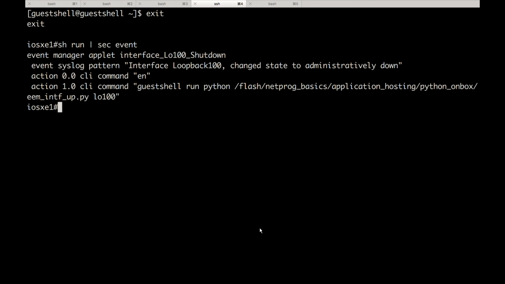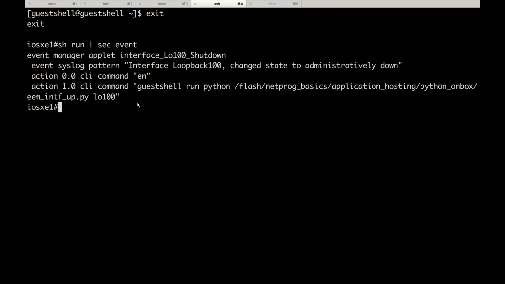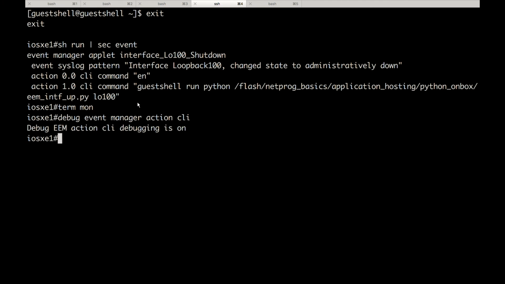So in here we can see that same applet configuration we looked at. Our pattern we're looking for is interface loopback 100 going down. Then we will go ahead and run, using guest shell, our Python script that will bring that interface back up. Now with that ready to go, let's go ahead and turn on term mon so that we can actually watch what's going on, and the debug for event manager action CLI,